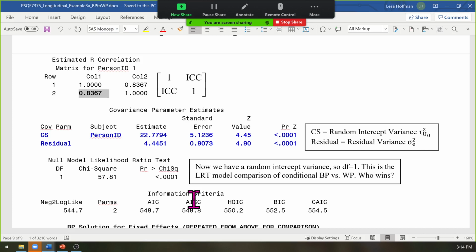How many piles are needed are based on your design. So if you have three different sources of sampling, if you have children over time from multiple schools, then you have three piles of variance. You'd have a school source of variance, a student source of variance, and a time source of variance at a minimum. So we'll talk starting next week about other things that you would have besides just random intercepts. That's where we're headed.